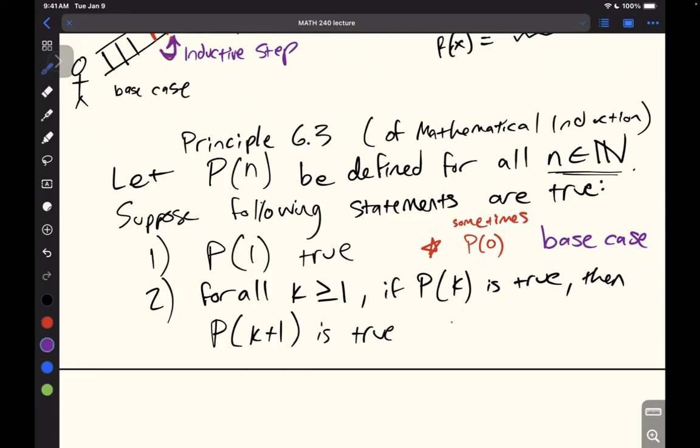All right, so step 2, this is called the inductive step. And I'll say if P of k is true, here,